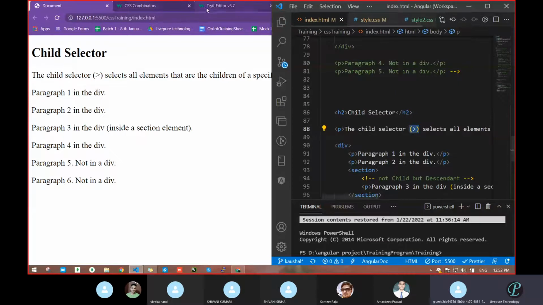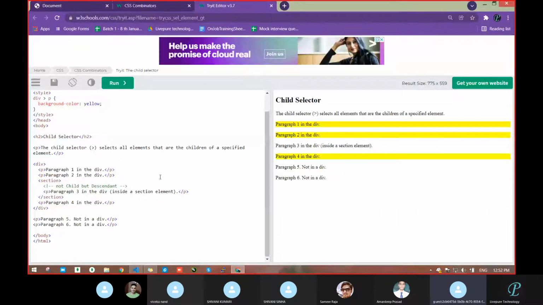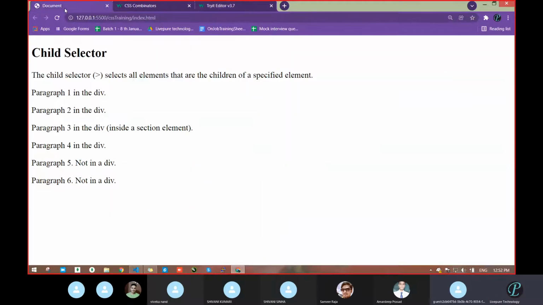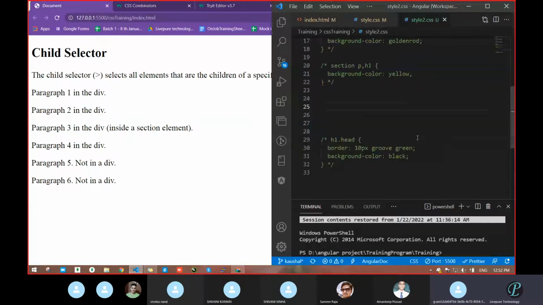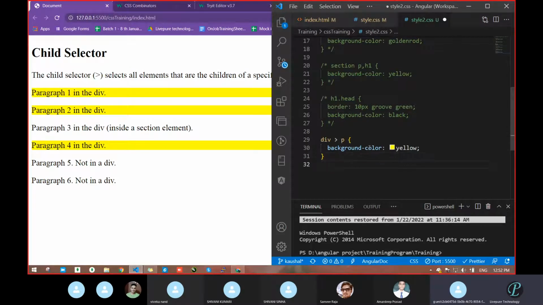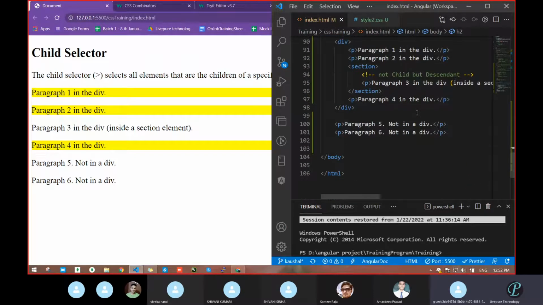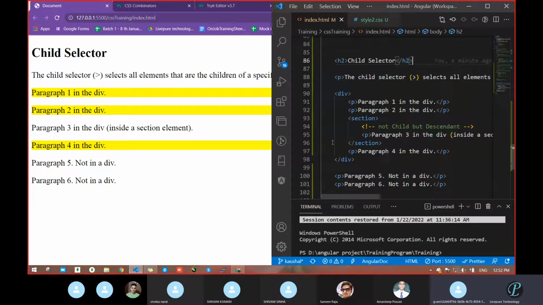We did not copy the CSS. There is that CSS, this one. If you work on UI only, you will see this much of it. It means you have to work on all these things a lot. But if you are working on Angular, it's not so, because you will mainly focus on JavaScript and Angular things. But if anybody is working on the front end UI part, they have to work on these things a lot. That is designing.